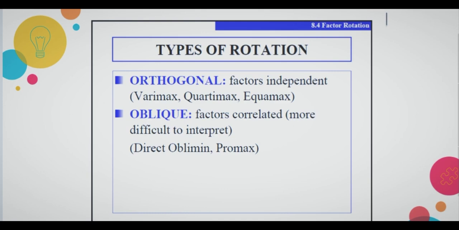Okay, if we know that our data or our factors are independent, we will use the orthogonal rotation. When the data or all the factors are correlated among each other, we will use the oblique rotation. The choice of orthogonal or oblique depends on the researcher. So to do the rotation on the loading values, we just use the software,